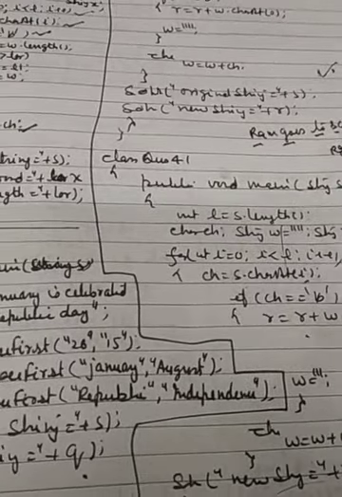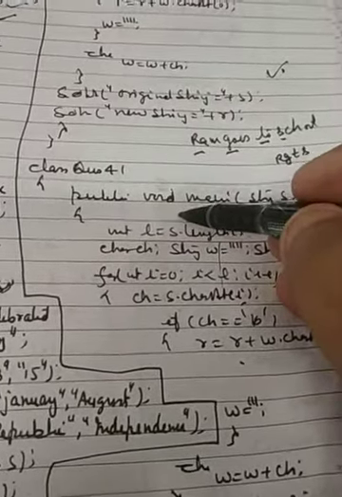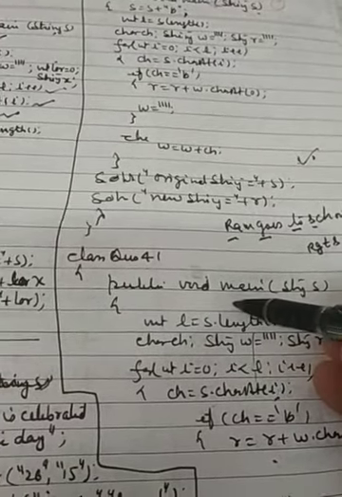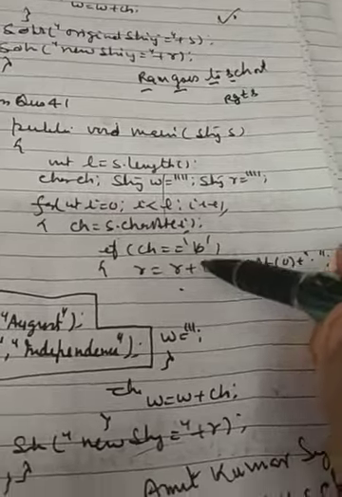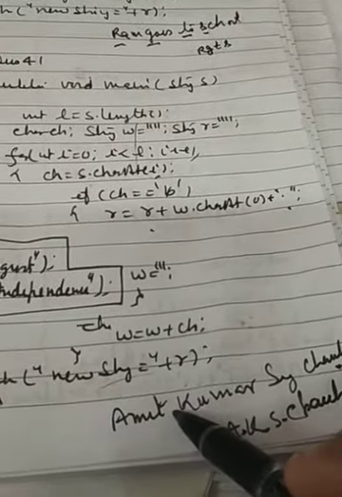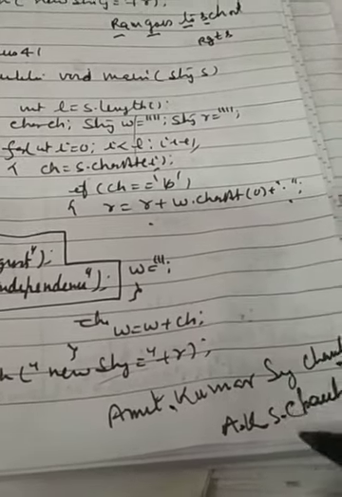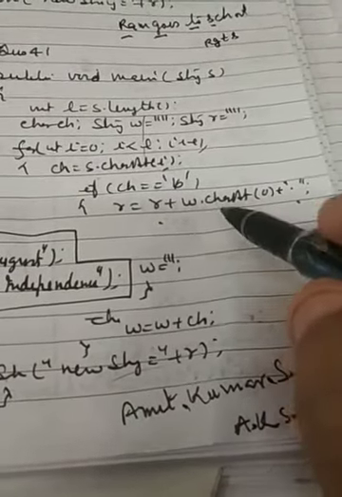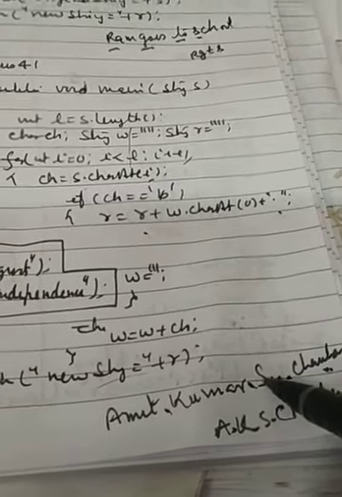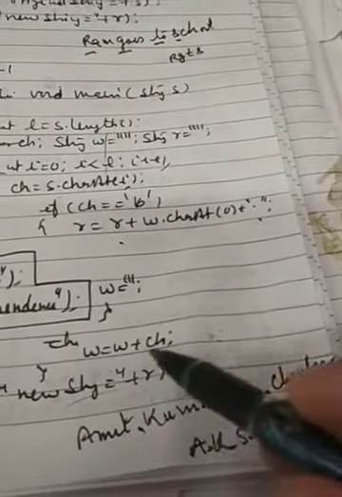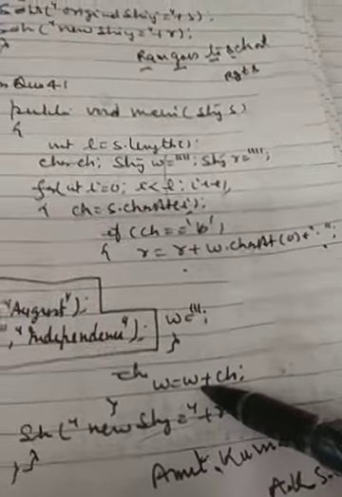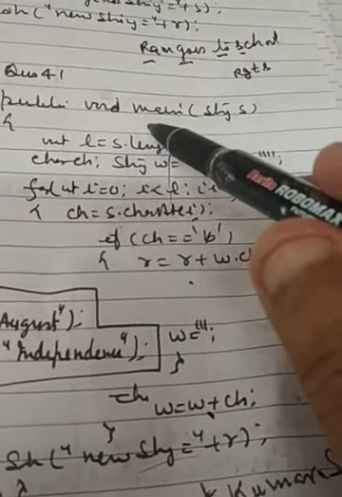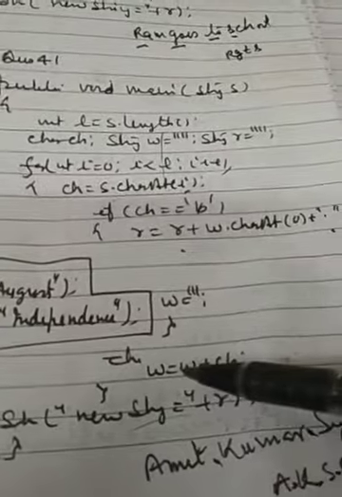The same logic will put, but the thing here is we have not added in the space in the end. S is equal to S plus space we have not done. We are picking up every character. We are adding the first character of the word. But you know, this space we will get, so Amit's first character will be taken out. This space we will get, Kumar's first character will be taken out. This space we will get, S will be taken out. But Chauhan will be added in W, but as we have not added space in the end, the loop will be over and W will contain the Chauhan.